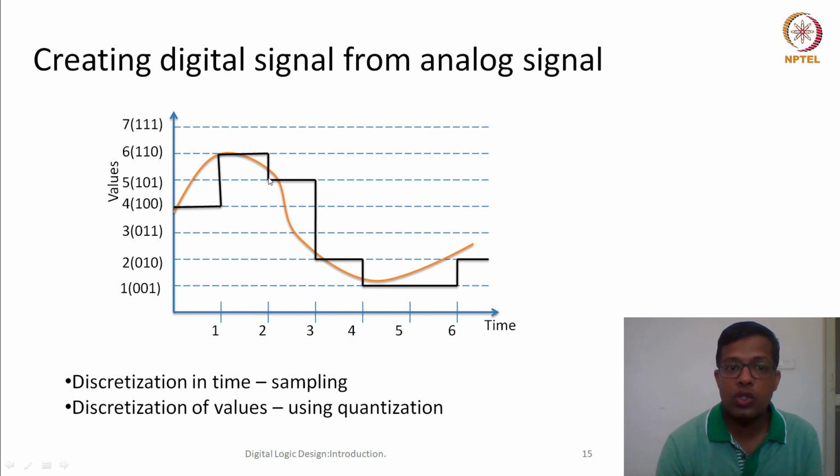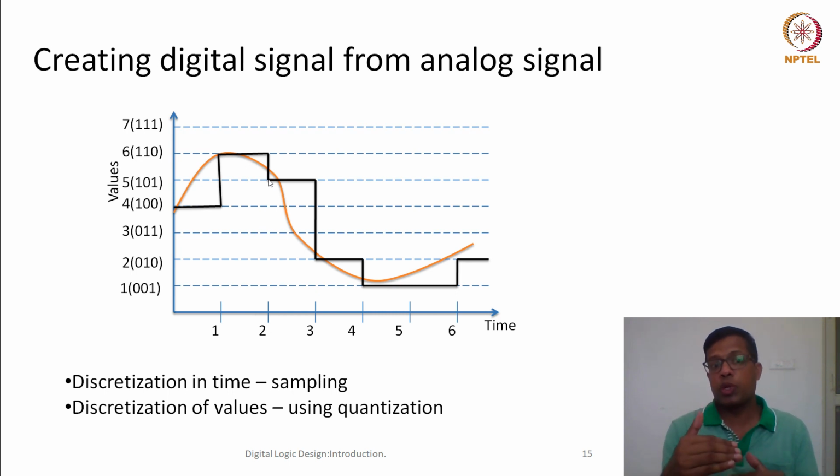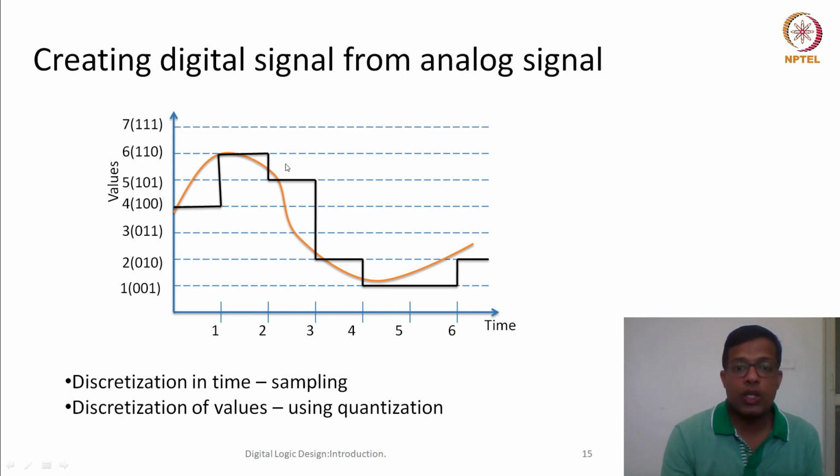It's not 5, but it is close to 5. So it is closer to 5 than to 6. So when we quantize, we said it has to be either 5 or 6, and because it is closer to 5, we made this digital signal equal to 5 at time equal to 2, and at time equal to 3,